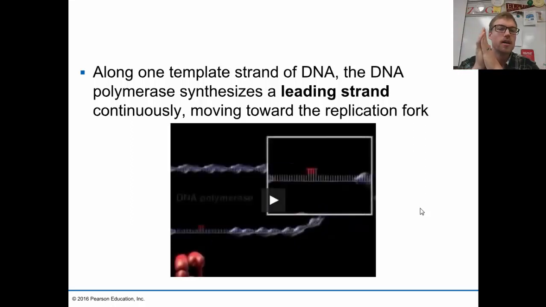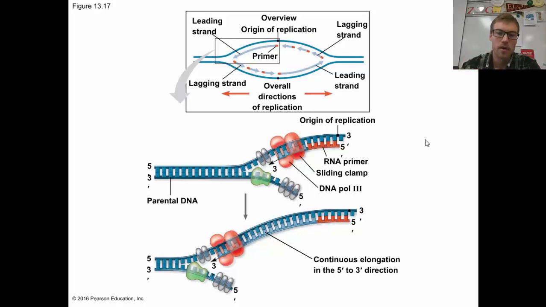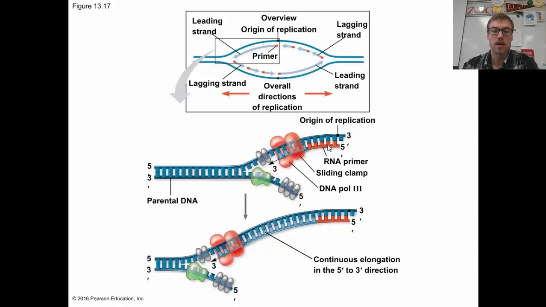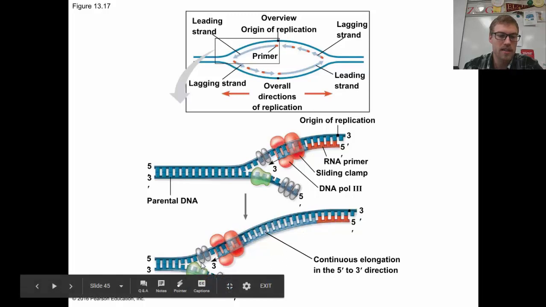So that leading strand, notice that it is moving towards the replication fork, and therefore it is able to synthesize continuously. The lagging strand, which we'll take a look at in a little bit, is not able to synthesize continuously. So on our leading strand, we have our RNA primer that's added on by the RNA primase. The DNA polymerase is then going to begin adding on the nucleotides, moving in a 5' to 3' direction, which is then going to be able to replicate continuously as helicase is unzipping the